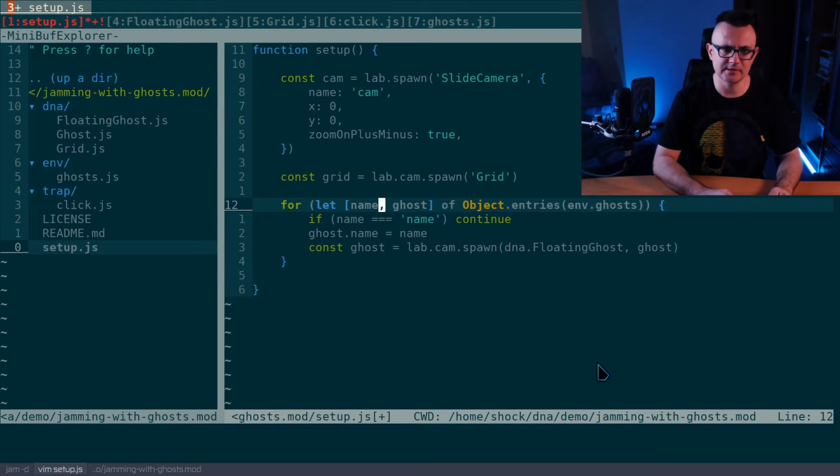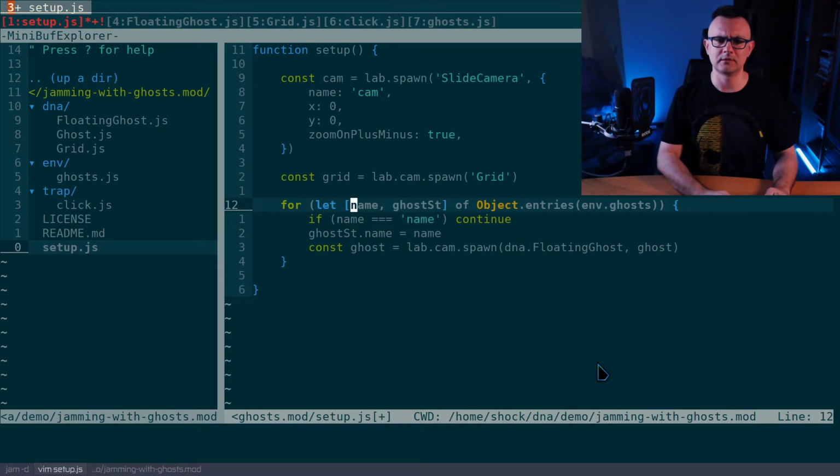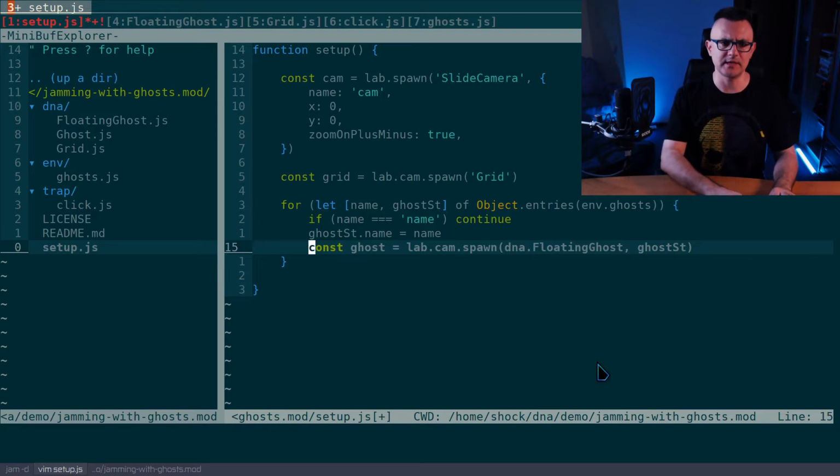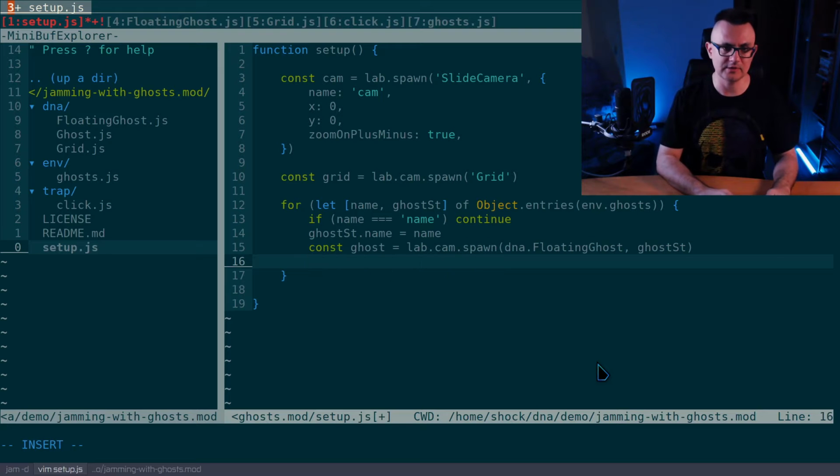And this is not a ghost, it's just a ghost setup object. So a ghost state. So we're gonna say like ghost state. Okay. And when we spawn and we say ghost state, but then we got the actual ghost, and we can say ghost teleport please